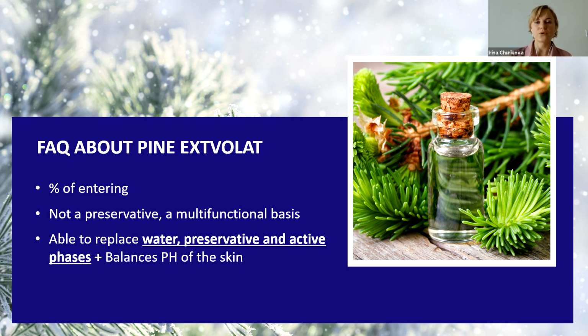One is for toner, and another one was for milk. Based on these two formulas, we found that the minimum percentage of entering is 30%. So that's why we say it is not relevant to use it only as a preservative, because it will be